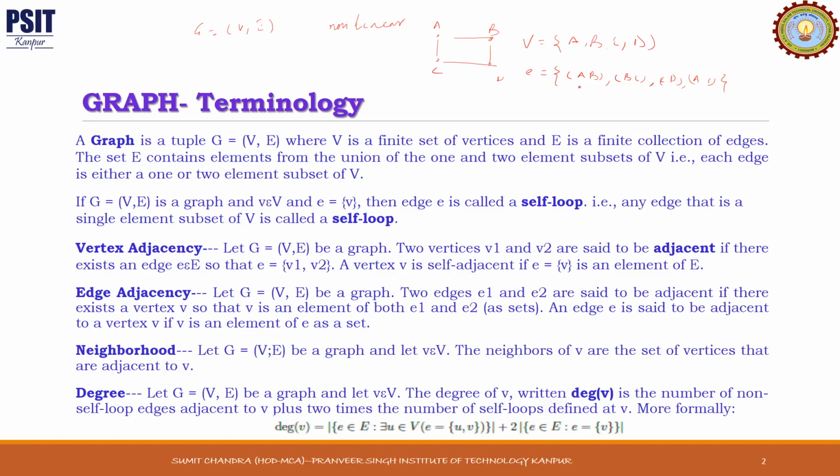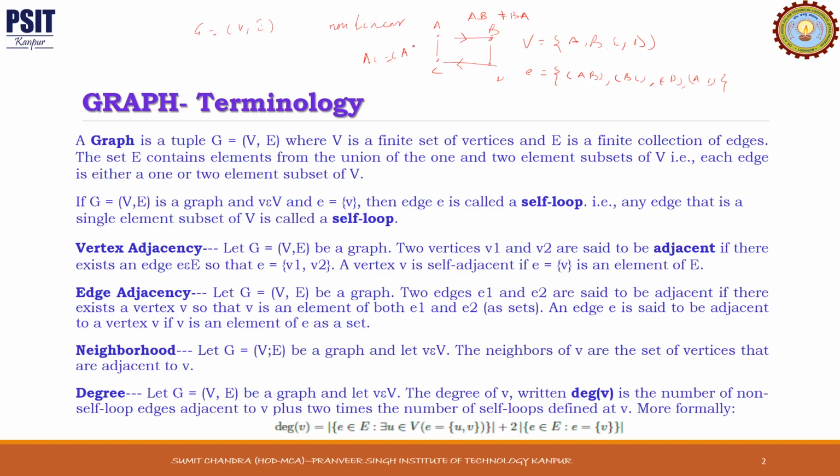Edges can be an ordered pair in case the graph is directed. What is the meaning of a directed graph? A directed graph means that every edge will have a direction like this. So this is an undirected edge, so AC is equal to CA in this case. But since this is a directed edge, AB does not equal BA. So if the graph is directed, an edge is an ordered pair of vertices, otherwise it is an unordered pair of vertices.